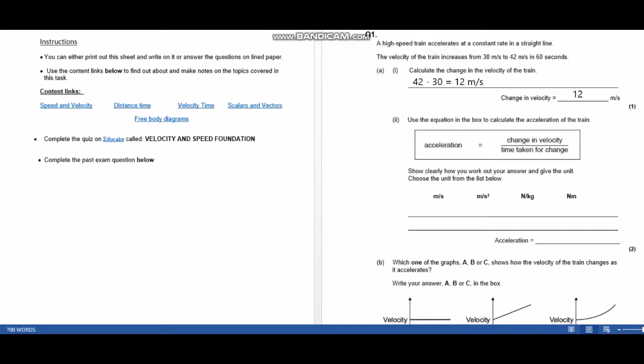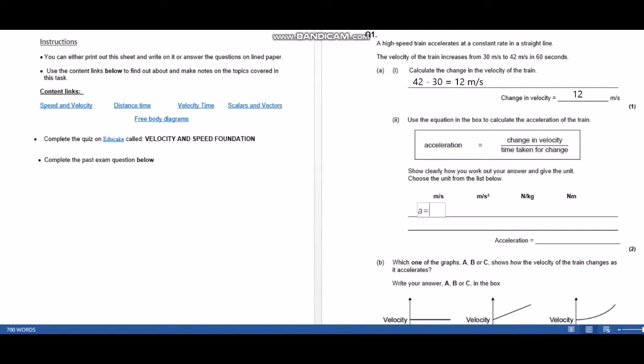Second part of the question: use the equation in the box to calculate the acceleration of the train. Acceleration is equal to the change in velocity divided by the time taken for that change. So in the last question, we've already worked out what our change in velocity is. It's 12. So acceleration is equal to 12